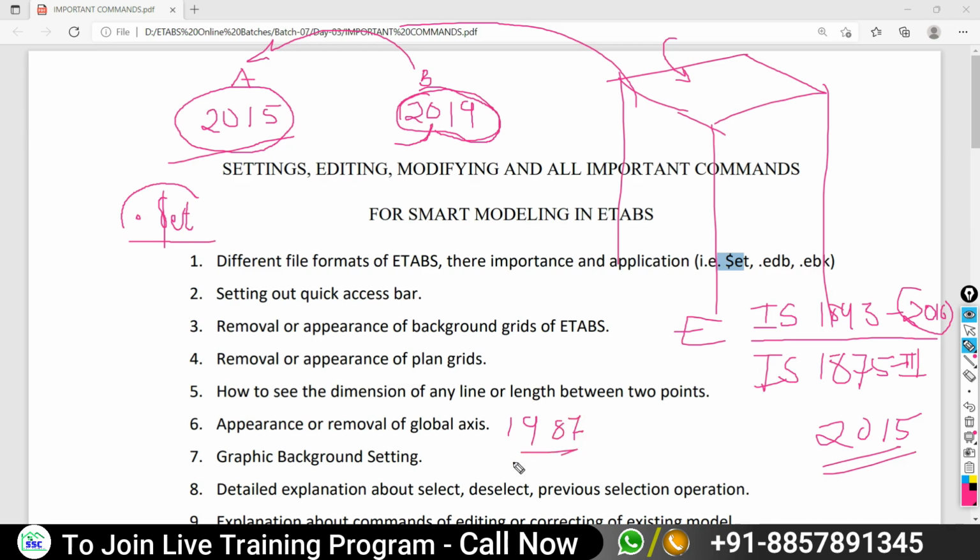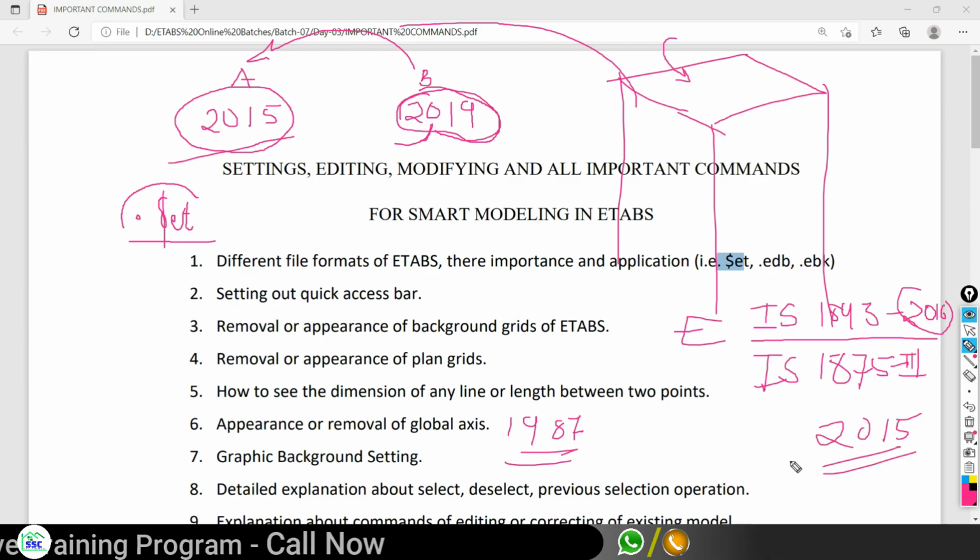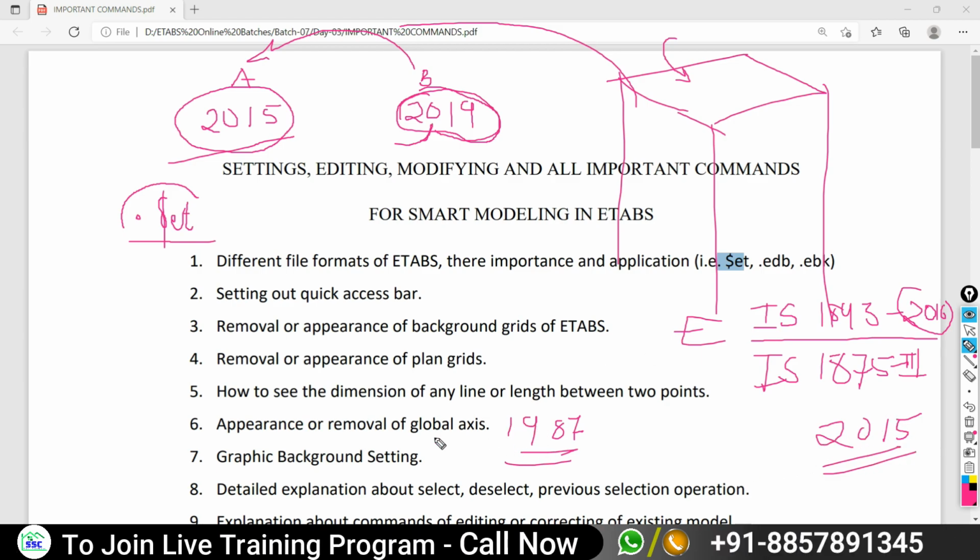It was revised in 2015, and the previous revision is 1987. So in 2015 only the code of 1987 is available.